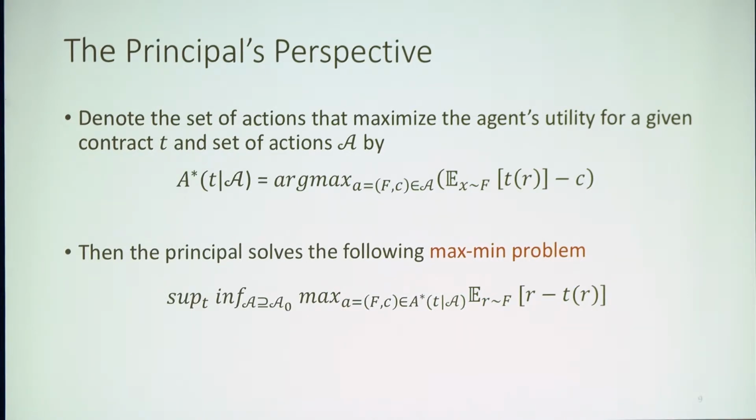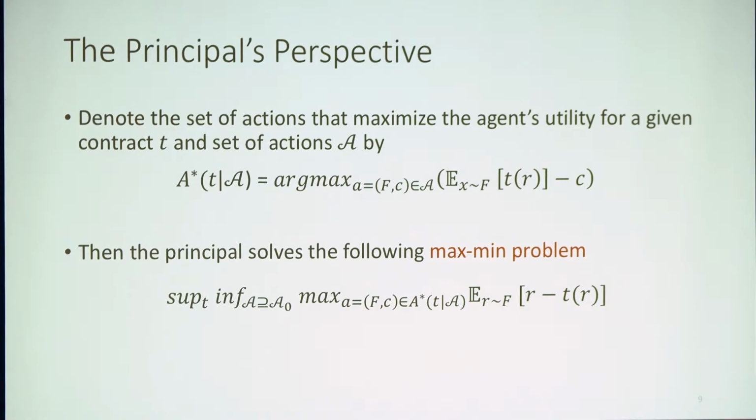So this set A star, which will be the set of agent actions that give the agent the highest possible utility under this contract T and the set of actions A. Okay, so that's what I will call A star. And then what